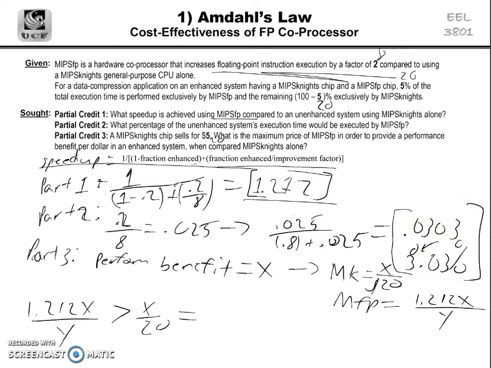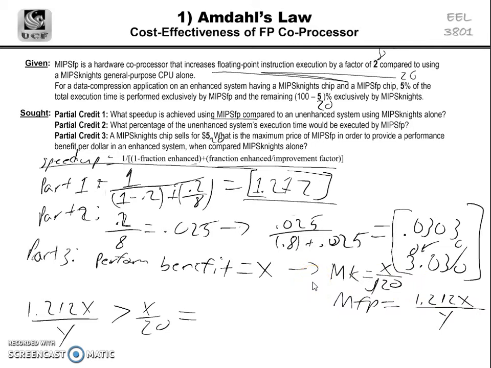Alright, and this leads me to my very last problem, problem 3, where I will be explaining. Because I use mostly reasoning to solve this problem, due to there not being a lot of information out there, I use one of the examples and kind of makeshifted an answer that made sense. So here I set the performance benefit to x because we don't know what the performance benefit is. But what I do know is that MIPS Nice chips do sell for $20. So I put the unknown performance over the $20 price, and I essentially do the same thing for MIPS FP, except I multiply it by the speed up, due to the fact that the MIPS FP processor has a speed up of 1.212. That is the whole point of the